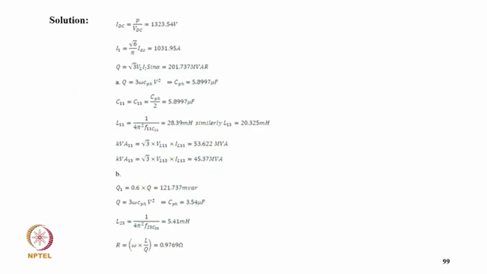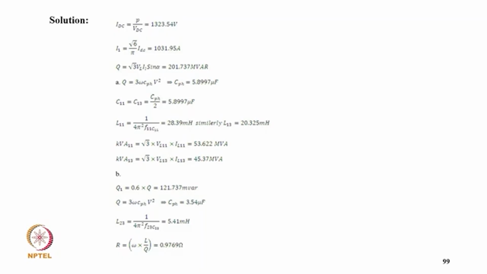So coming to solution, IDC equal to P upon VDC, that comes typically 1323.54 ampere, and I1 is root 3 by pi ID, that comes 1031.95 ampere, and Q equal to root 3 VL IL sin alpha, it comes to 01.737 MVAR, and Q equal to 3 omega CPH V square for passive filter, so CPH comes 5.8997 microfarad, and C11 equal to C13 equal to CPH by 2, that is 5.8997 microfarad, and L11 is 1 upon 4 pi square F11 square C11, so that comes 28.39 millihenry, and similarly L13 is 20.325 millihenry, and kVA